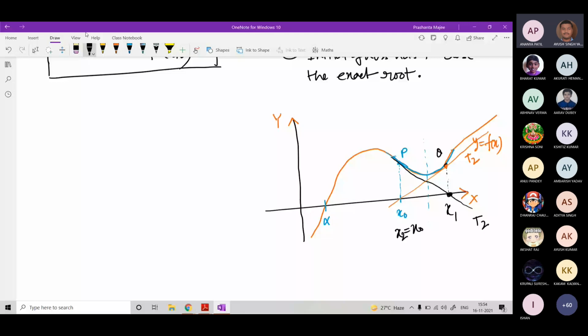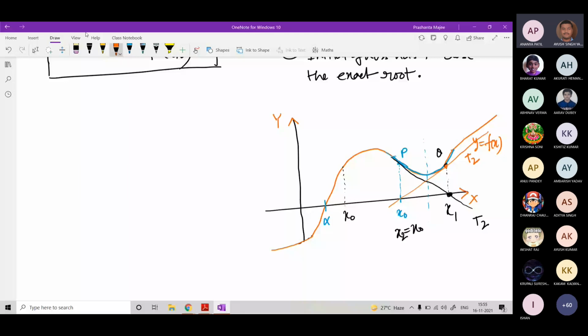But if you had started with x naught here, if you had chosen x naught here, then in this method you could have got the root. That situation will not be occurring, yes or no? Shall we get a root now from the figure? If this is the graph, we'll get a root. We'll get the root alpha by using the Newton-Raphson method. So that is the reason why the initial guess has to be very close to the exact